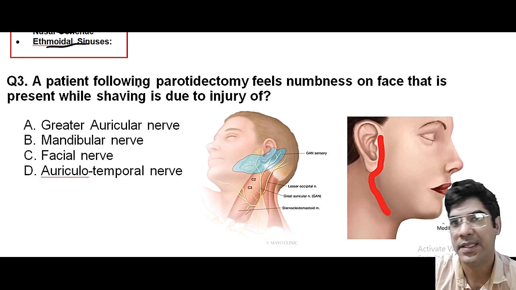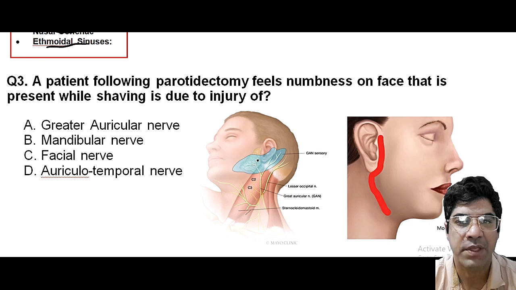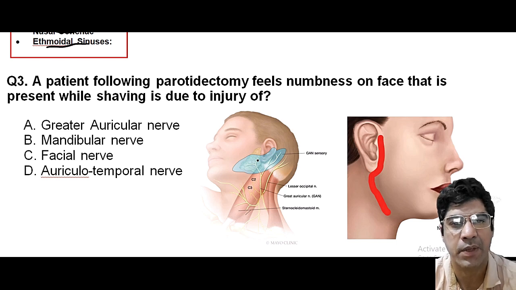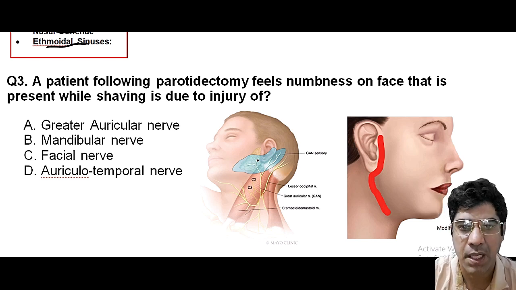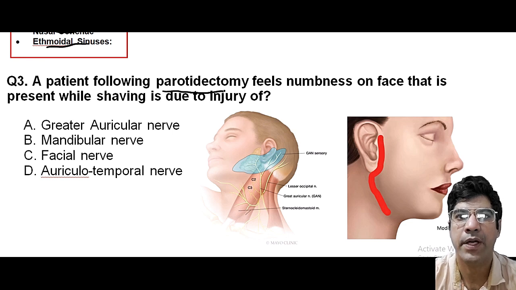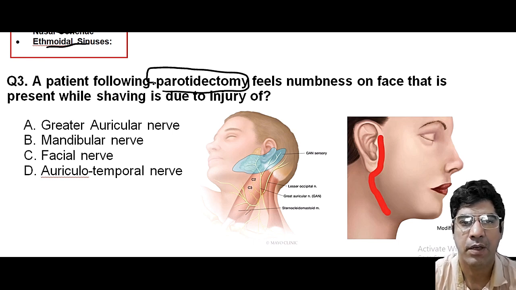We discussed earlier that the great auricular nerve originates from the ventral rami of the second and third cervical nerves, and it provides sensory innervation to the skin over the parotid gland, angle of mandible, and the external ear. So during parotidectomy, the most common incision that an oral surgeon will give is